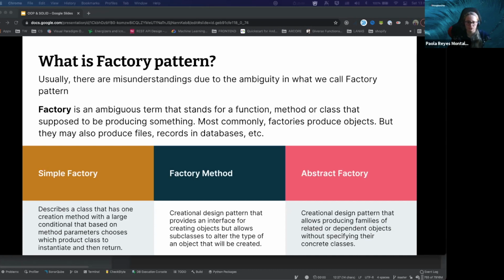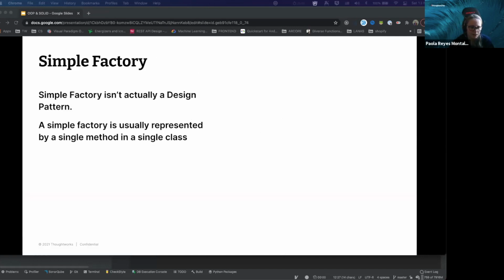And then we have the abstract factory, a creational design pattern that allows producing families of related or dependent objects without specifying their concrete class. So, yeah, simple factory isn't actually a design pattern and is usually represented by a single method in a single class. So let's go to IntelliJ